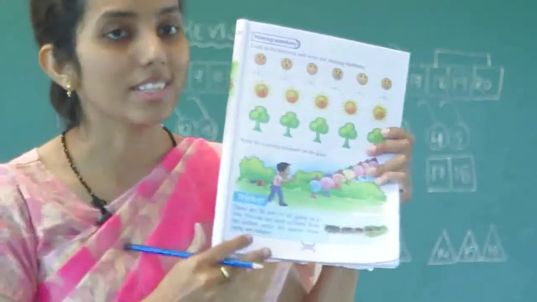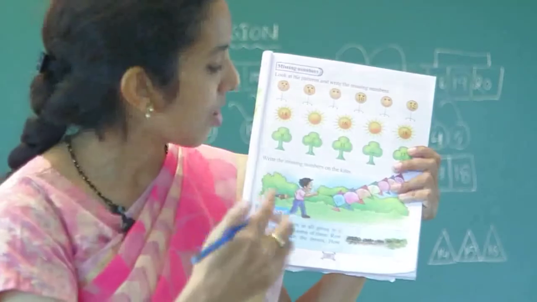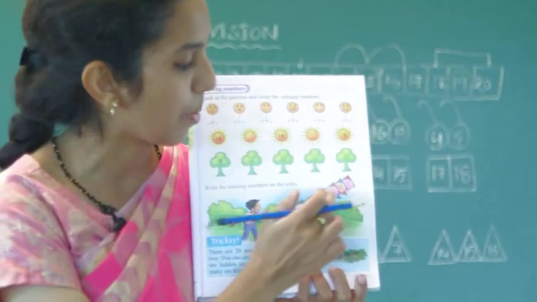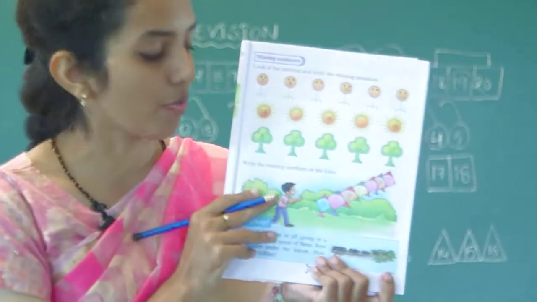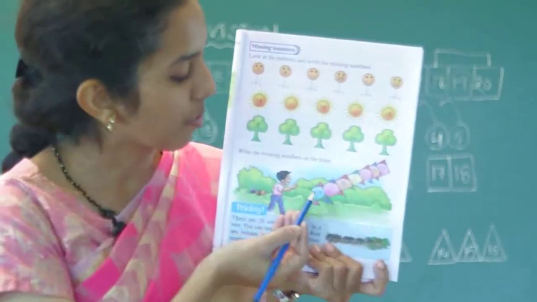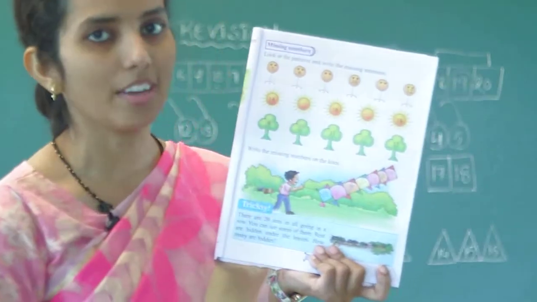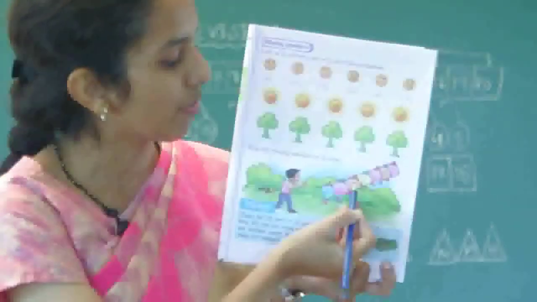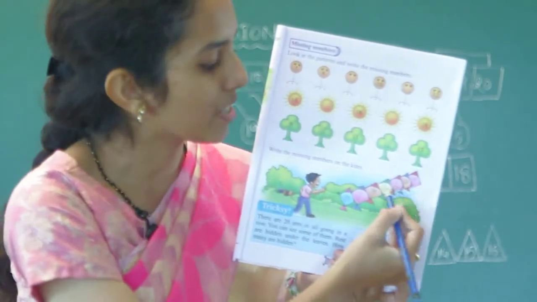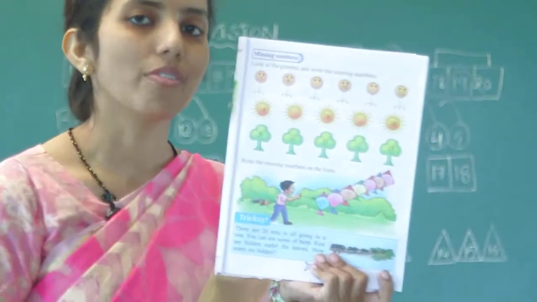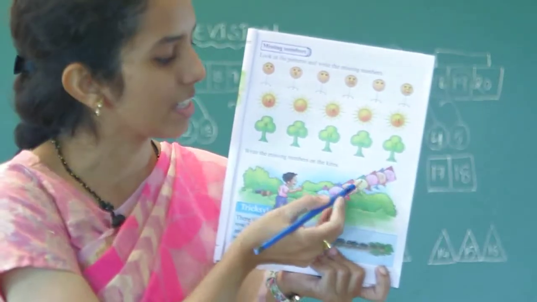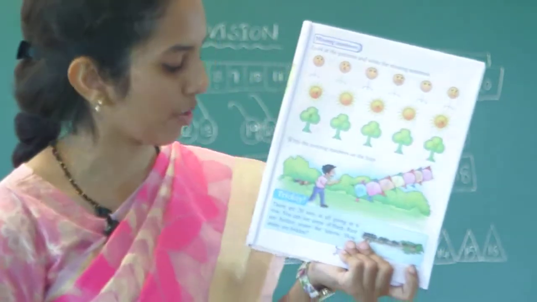And down you can see a boy who is flying kites. When you observe the kites, there are some numbers given on the kites. So what do we have to do? We have to complete this number sequence. From 13 to 19 numbers are given. So 13, 14, 15, 16, 17, 18 and 19. The missing kite numbers, I want you to fill in order. After 13, 14, after 15, 16, 17, 18, 19 is already given.